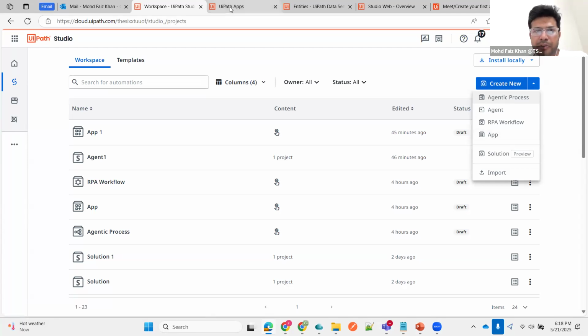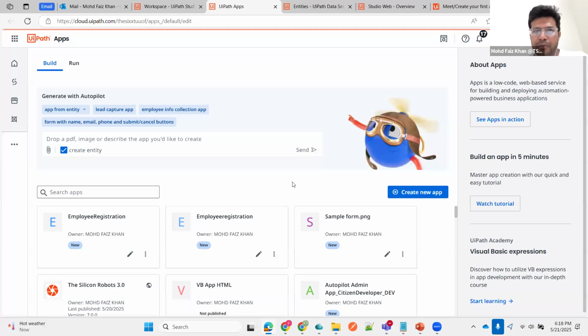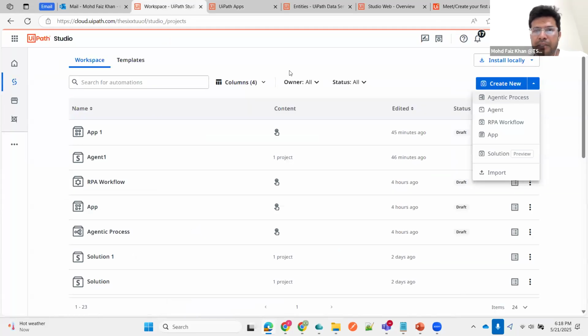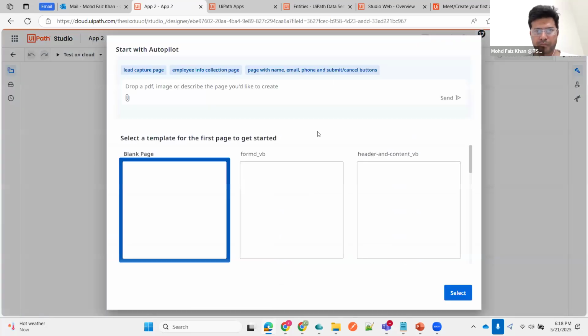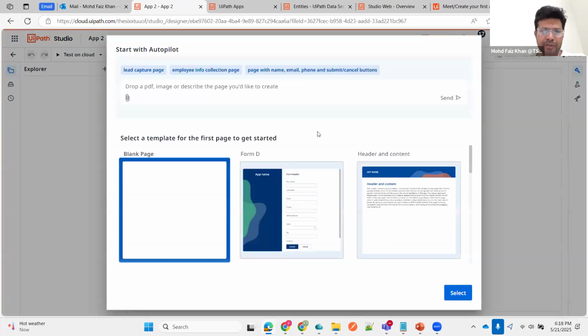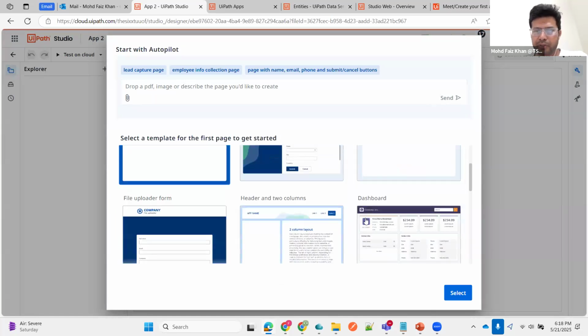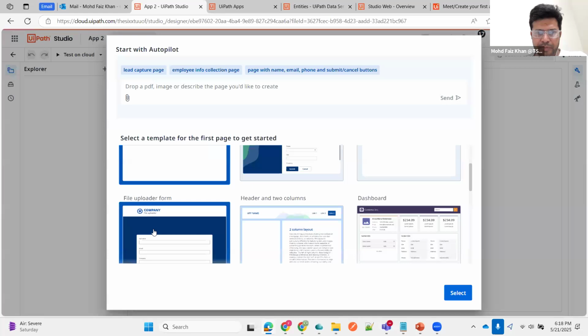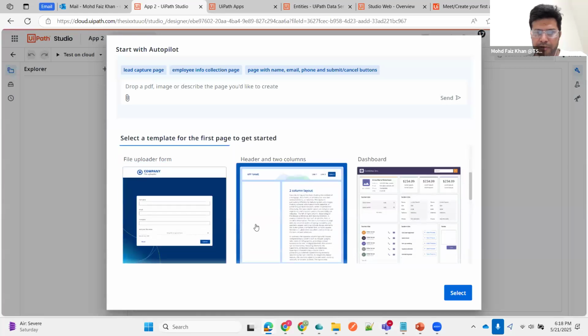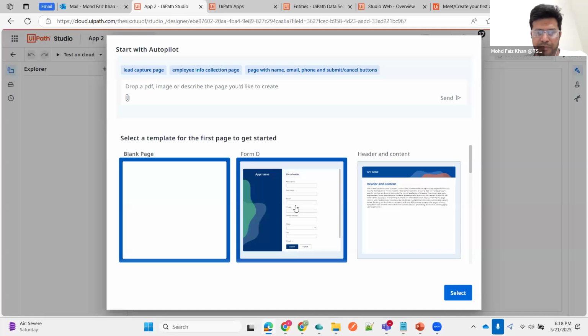Earlier, you have seen UiPath Studio used to build the UiPath app solution. This time we are using Studio Web, and there I can choose this UiPath Apps. The same way you have seen in the previous session, it will ask you to provide prompts to build your template, or you can use any of the pre-built templates. Yesterday I used this template to submit the form with company logos and all. And today I will choose this template,